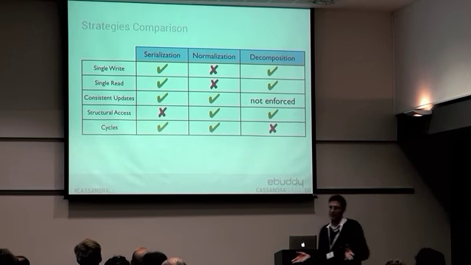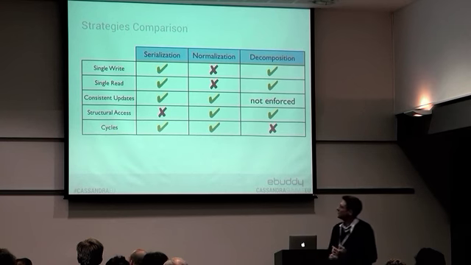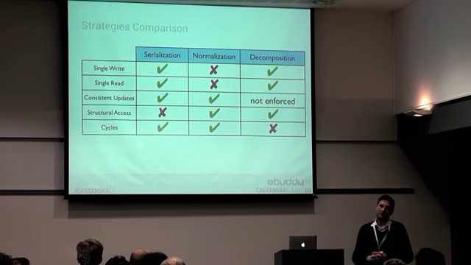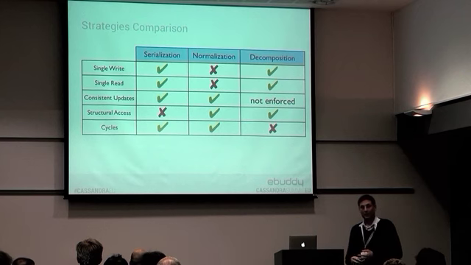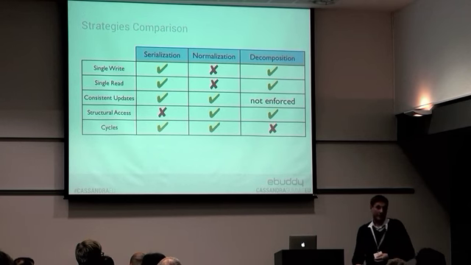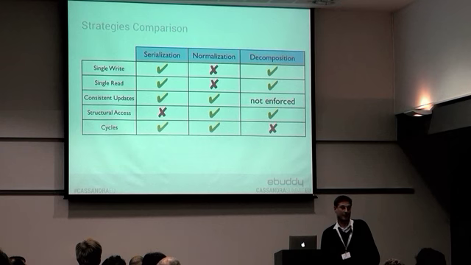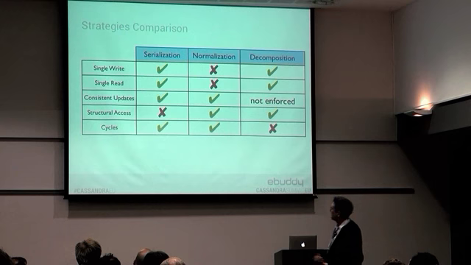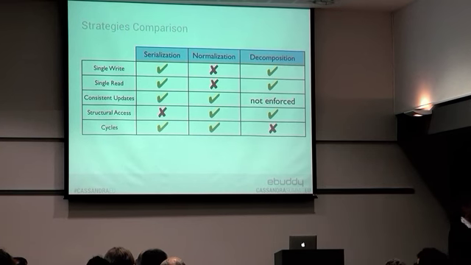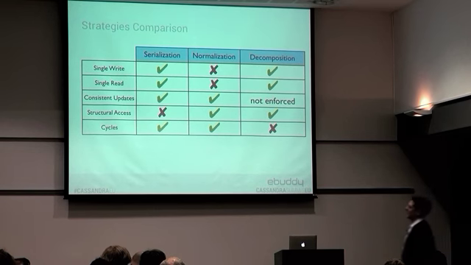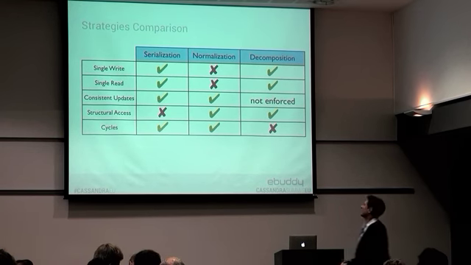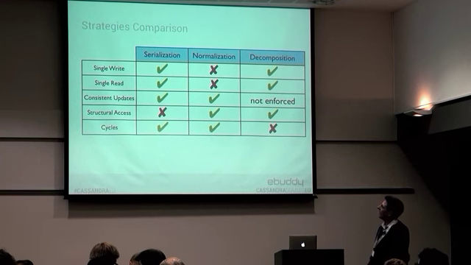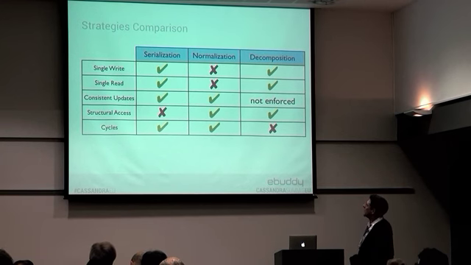Normalization: you split the object into multiple tables, so you lose the ability to update the structure with a single write or a single read. This is the main reason why normalization is not a best practice with Cassandra. It's better to denormalize. And normalization can give you some surety that you're doing consistent updates, but perhaps not. That's a little bit iffy. It depends on how you do it. It would be possible to do inconsistent updates, but